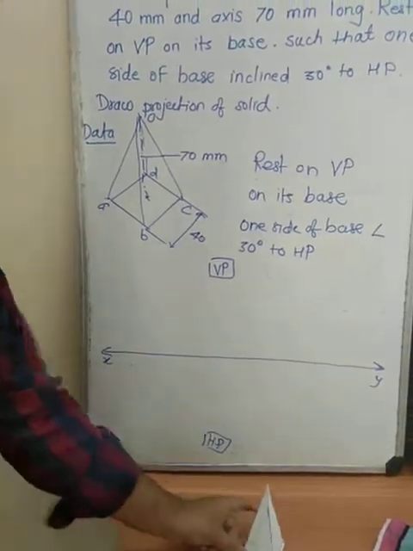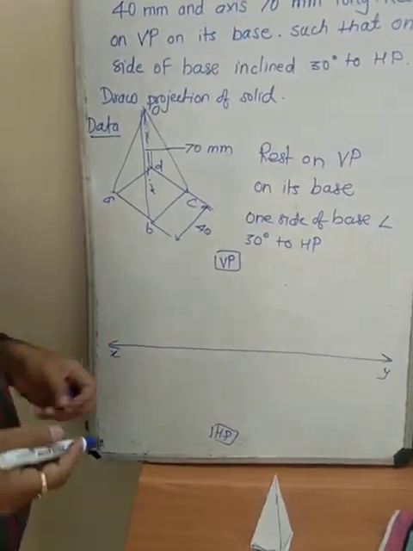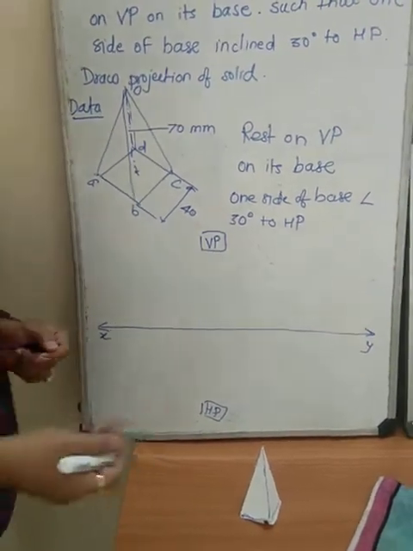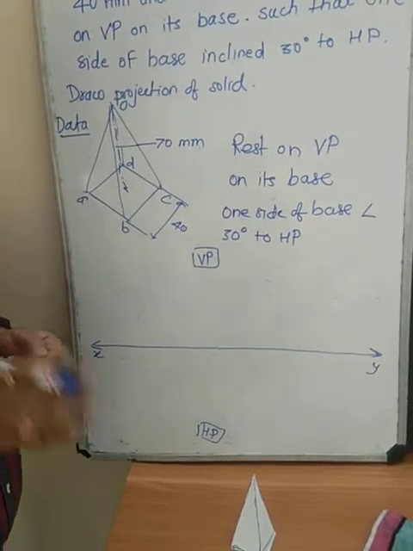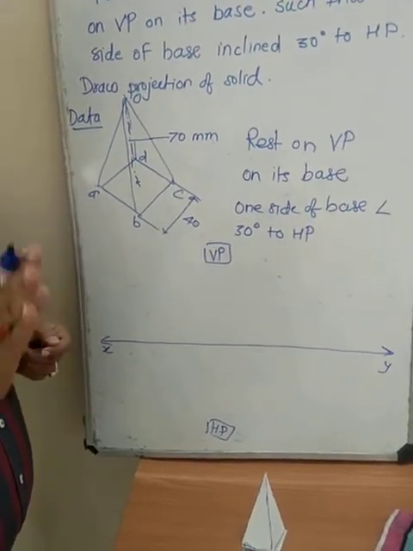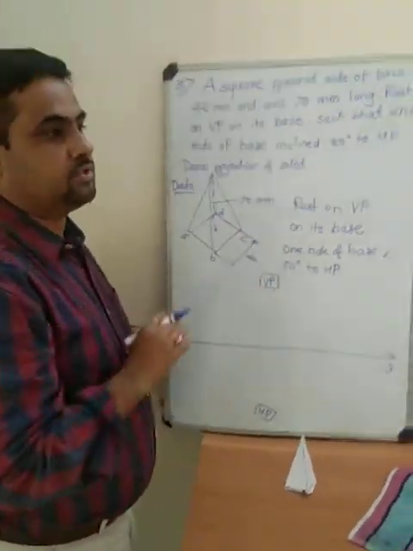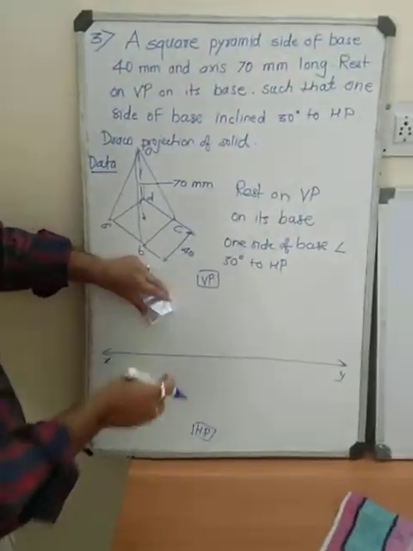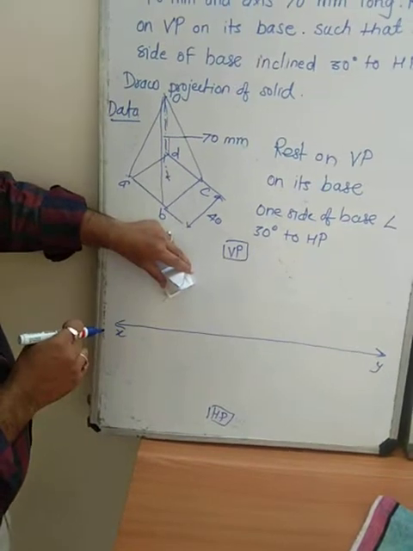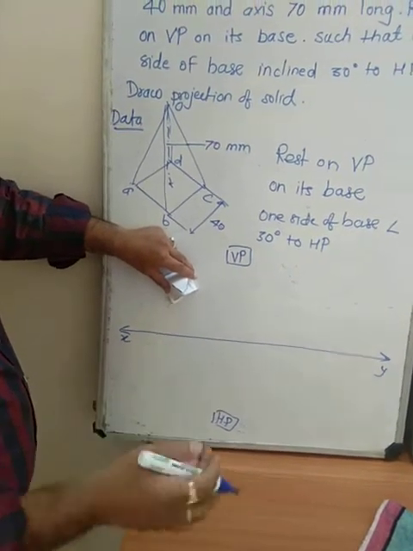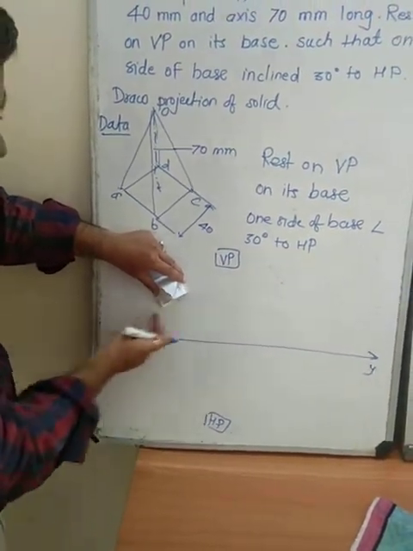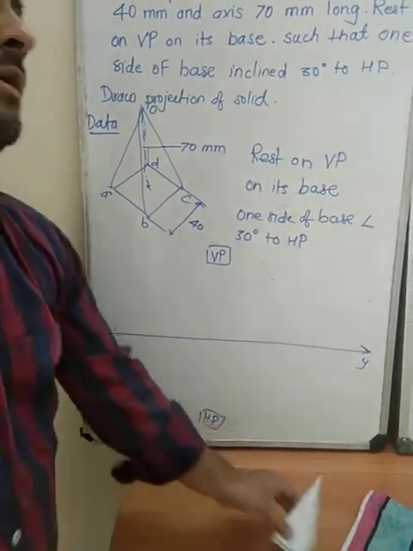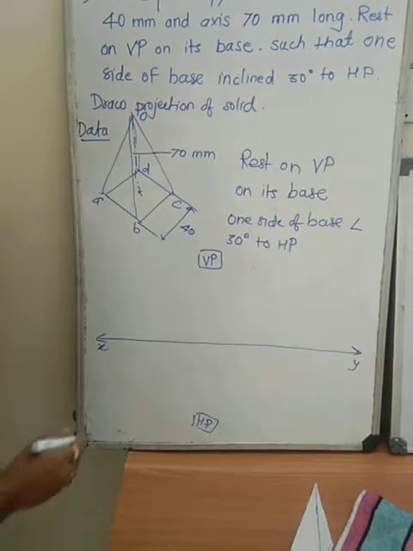Now again the question arises: from where do you have to start the problem? The basic rule, again I am repeating, is that you have to start the problem where we can see the base of the solid, either from the front view or from the top view. It's obvious that you can see the base of this solid in the front view. So you have to start the problem by drawing the front view, and the front view is like that.